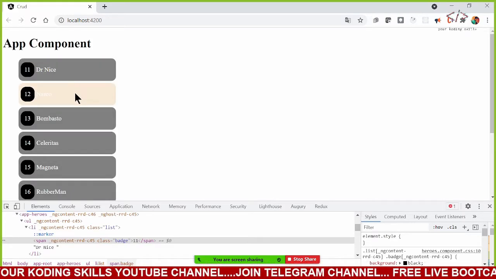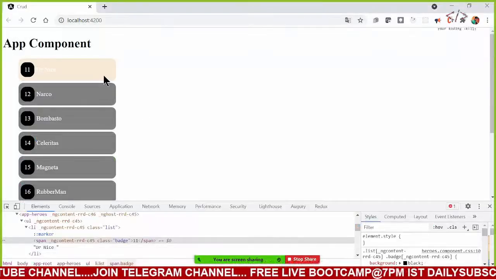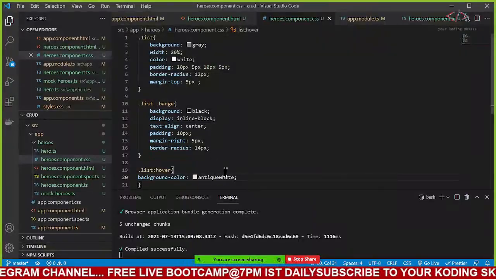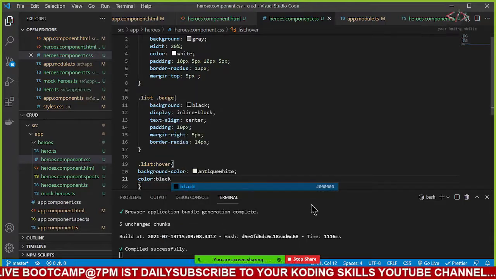See, that's my son in the background. Oh, this is nice, but let me also see whenever I'm hovering on this one, it's very nice, okay, but the text here is still white. So only when I hover, let's make color is equal to black.